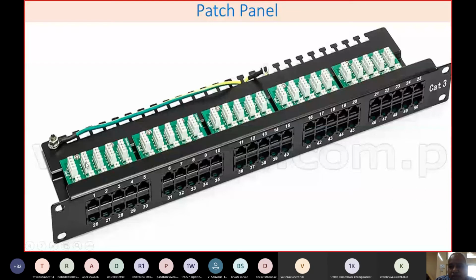So you can go on giving the numbering on the back panel also. You can give the numbers to the wires, and from the front side you can also give the numbers. These numbers are already given on your patch panel. So this is the patch panel which is normally used to terminate wires coming from individual computers to, I will say, the network rack.